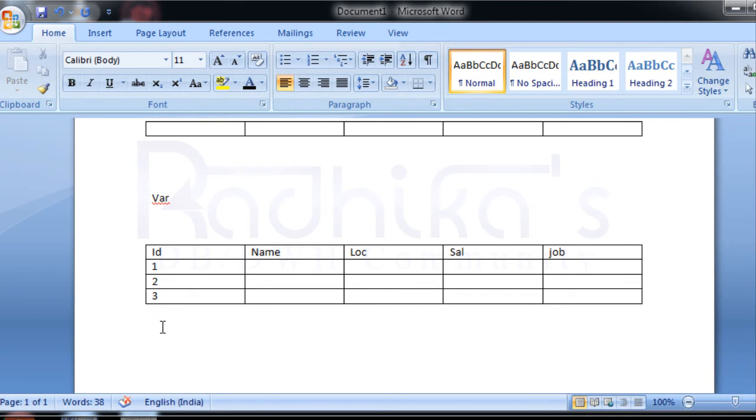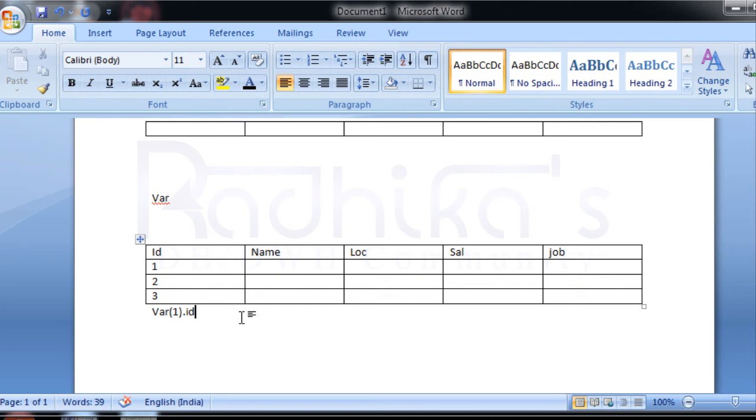Whenever I want to fetch a record, like the ID of the first person, how do you do that? It's var of first, then dot ID, and that will fetch the first ID.